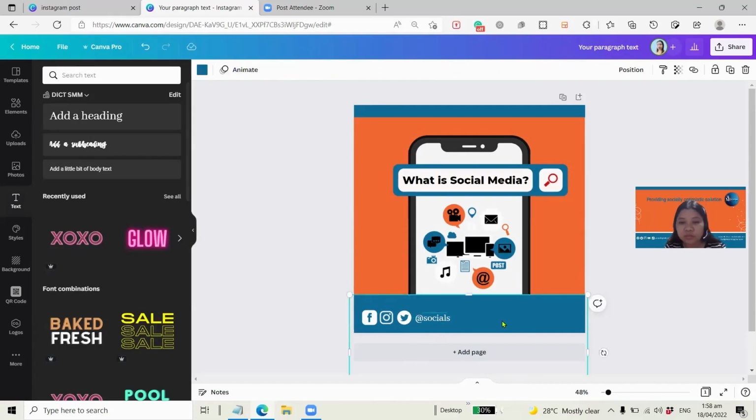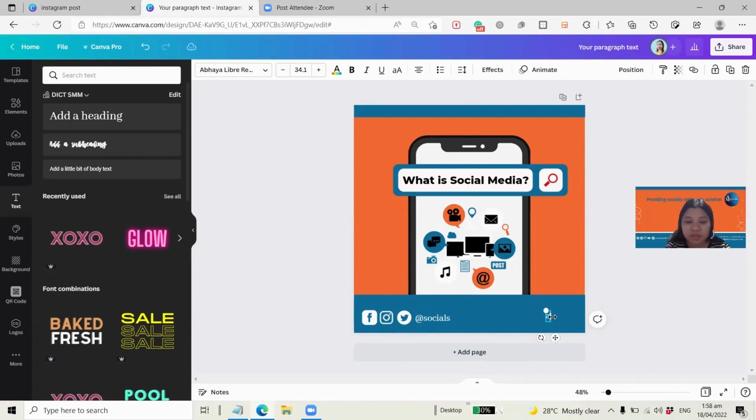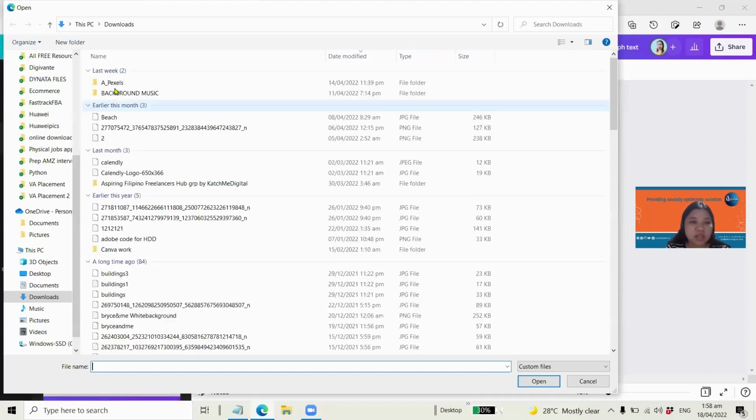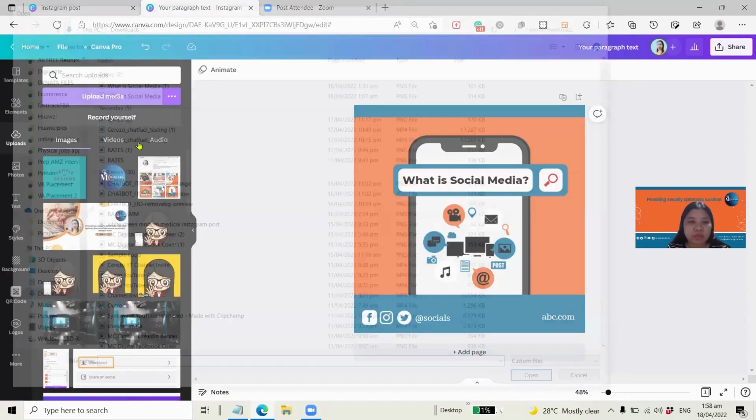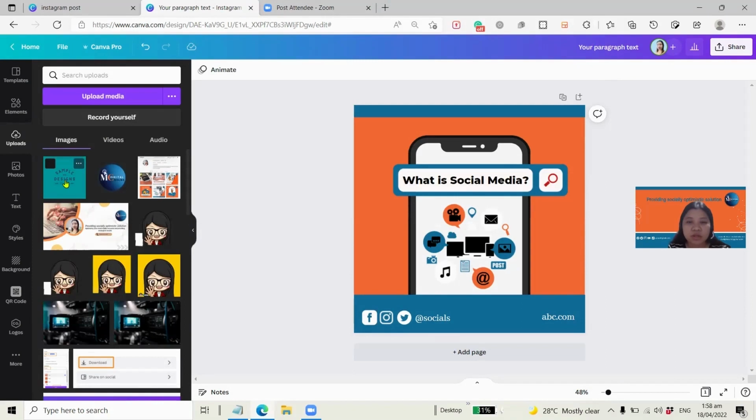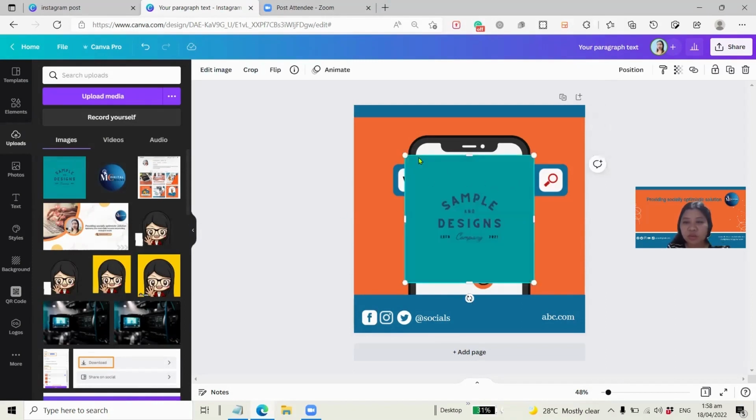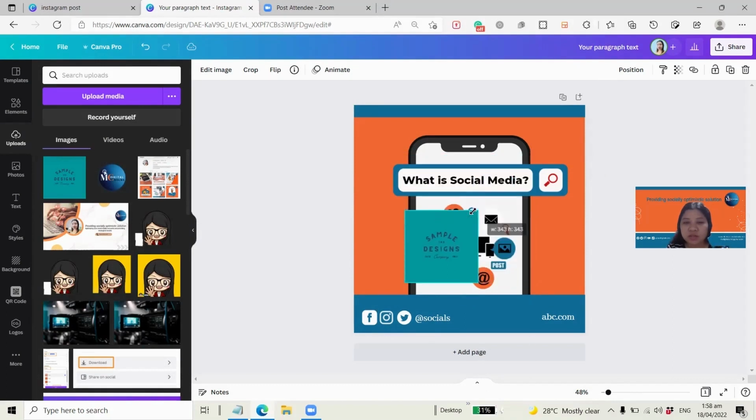You can also put the email or the website of the business. Let's say it's abc.com. Looks good. And then maybe for the last part, we can add the logo. So if you already have a logo on your local computer, just go here in the upload section, upload media, and then just locate the specific location. But for me, I have a sample logo in here. Just click it so that it will be copied on your design. Resize it, and